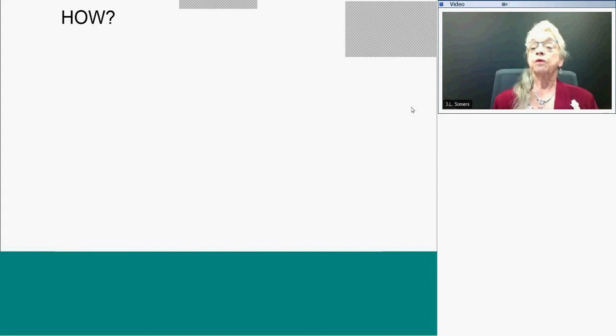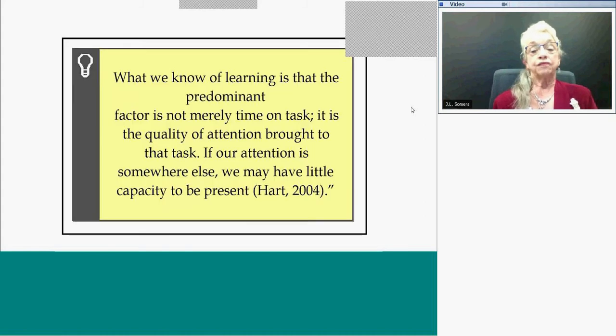So then the question would be, how do we make those connections for our students? And so we're going to take a look at some of the tools that are available to us, ways of doing that. The first one, this is a quote,